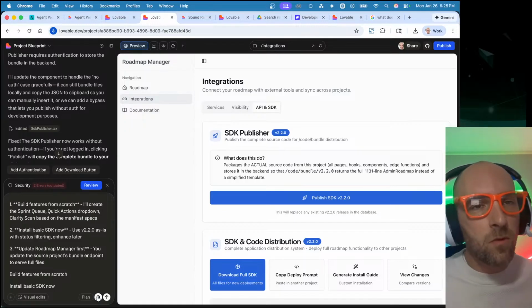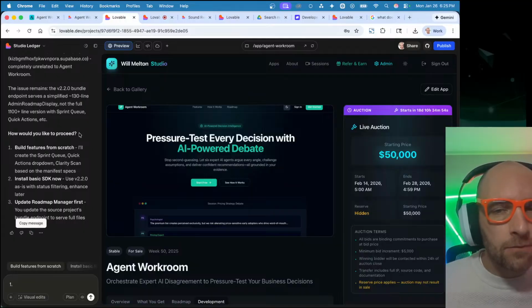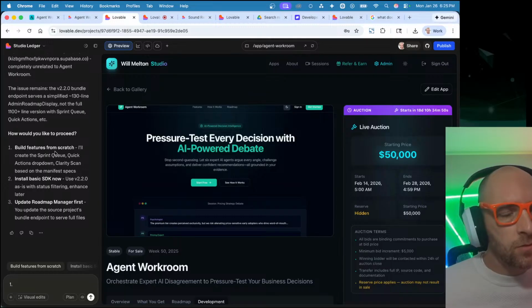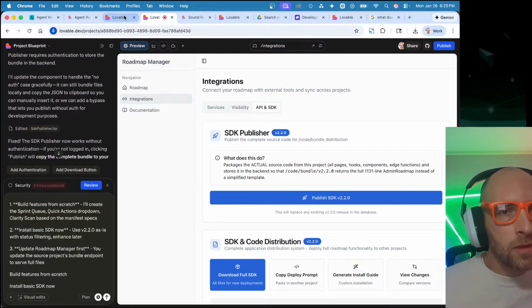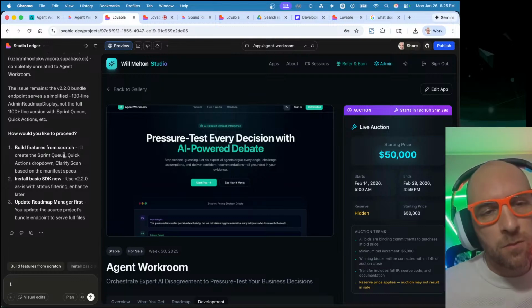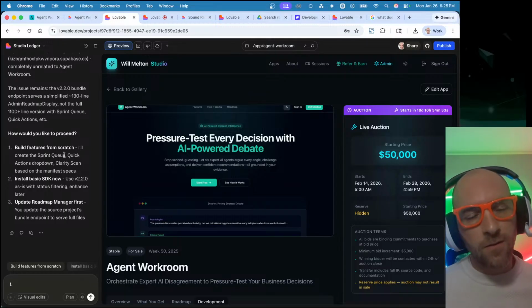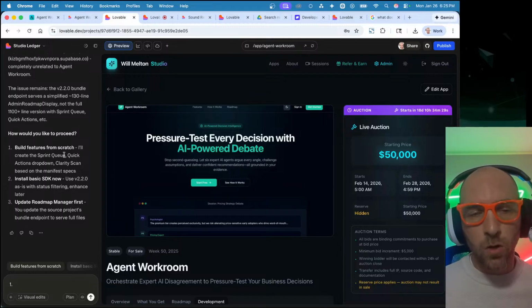I'm still having a problem on the other application where it is not recognizing the instructions enough to know that it needs to install the code. Now, the concern that I have with this response from my other project is that if it builds the features from scratch, it's going to be burning through compute. And really all I needed to do is to copy the files. I don't need to build anything if the files are being copied.